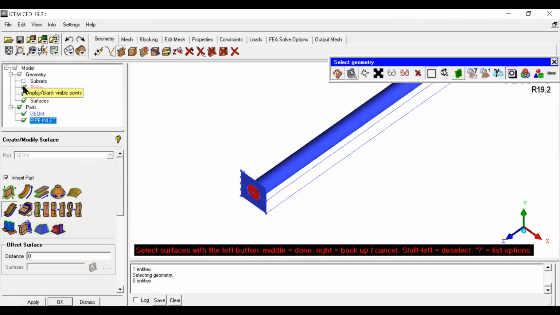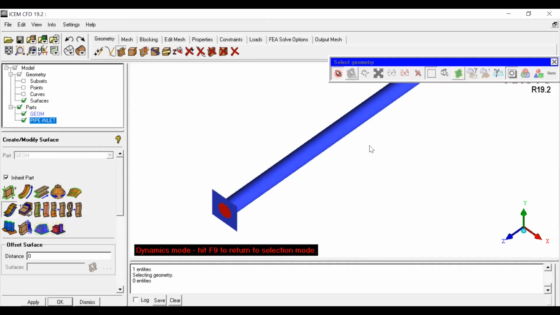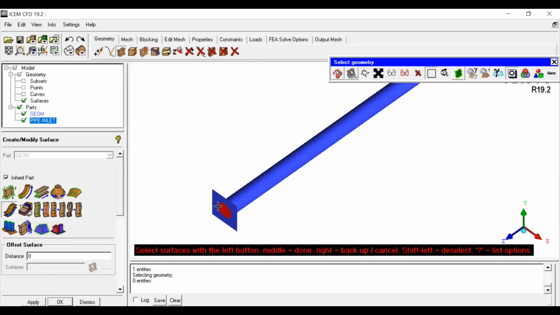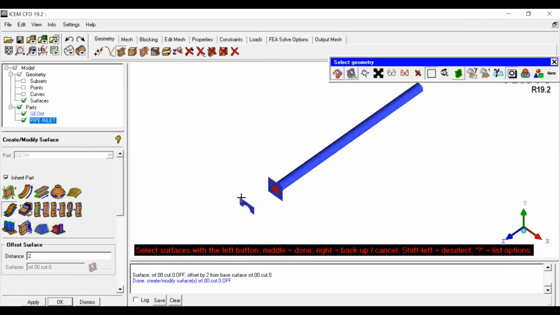Untick the points, untick the curves. Okay. I just want to, let's say it is kind of some fin, right? Kind of some fin. I want to create these fins on the circular pipe. Now what I do, I'll select this offset surface, select the surface, both top and bottom. Let's say if you want only top, select, it will ask you distance. Since it is 10 units, right? I'll give at a distance of 2, middle. So I gave +2, that means that direction is, it comes forward. So I must give the -2. Undo it.